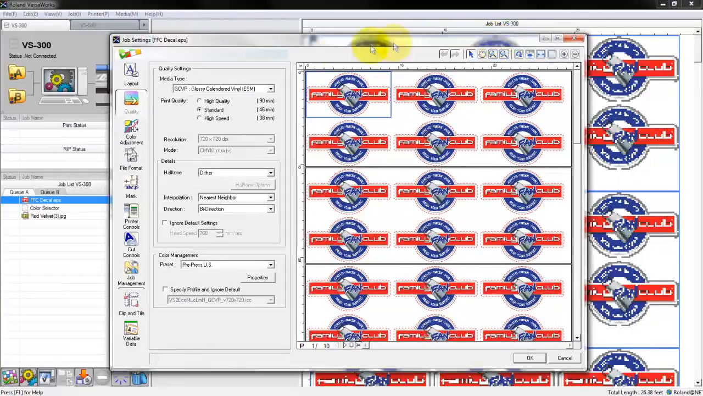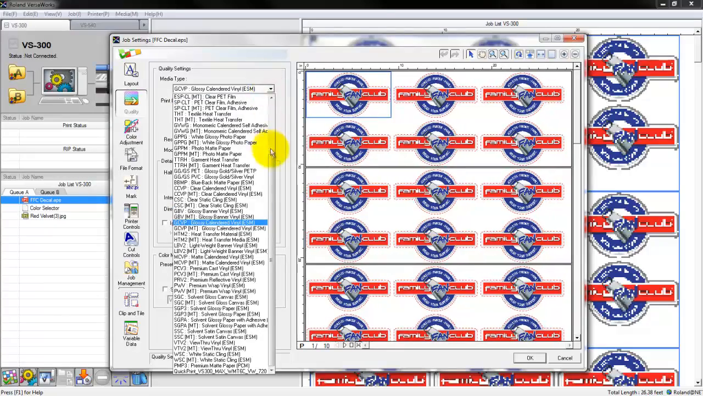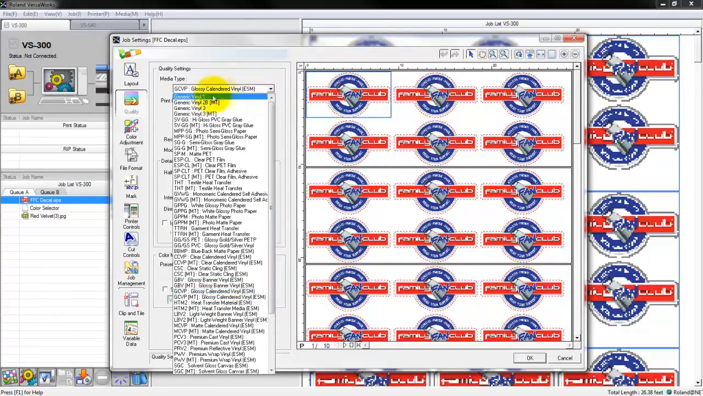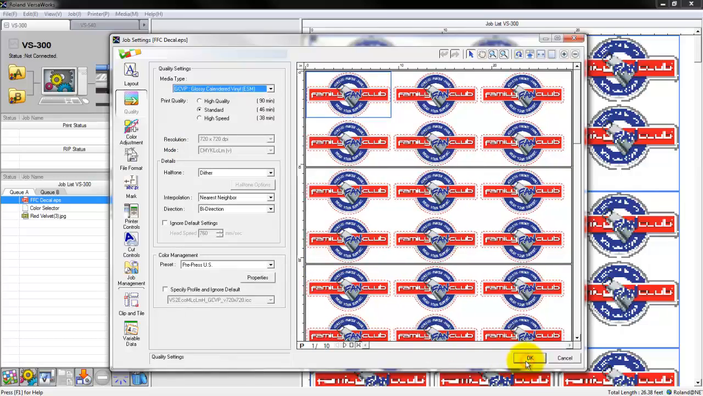Bring that over, and now when I do the drop down menu and go to the top of it, you'll see that all those other generic vinyls that I got rid of are gone. There used to be a whole bunch of them right there, and now there's much less. So hit OK